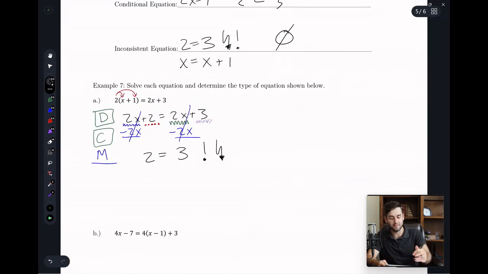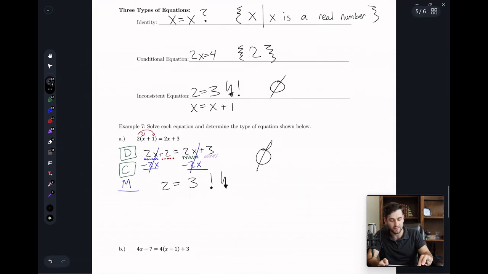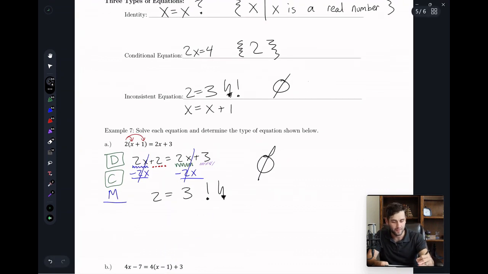That's bad. So we solved it. We got down to the simplest form. They said 2 equals 3. That's not good. So we're going to go back up to these 3 and say, which one of these is it? It's an inconsistent equation. There's no solution. Oh, another way you could write that. Sorry, I should have written that way up here. No, you've heard this before a lot. No solution. There is no solution. Cool.